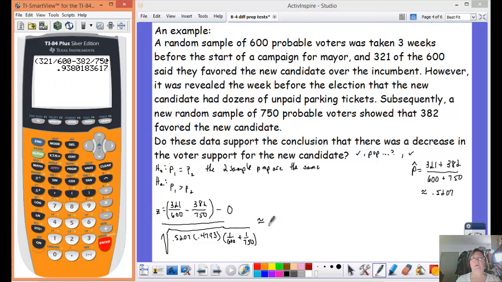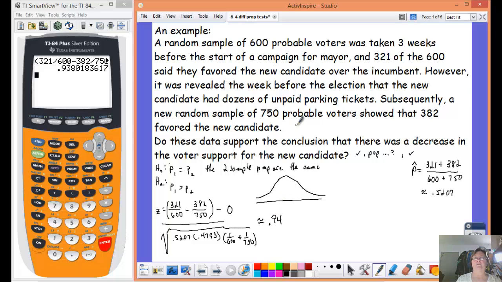Alright, I have a z-score of about 0.94. I need to know where my critical region is, which means I better find myself a significance level. We use the alpha 0.05 since they didn't tell us what level of significance. We are doing a one-tailed test at the 0.05 level then. The critical z at the 0.05 level is 1.645 if you're doing a one-tailed test. And our test statistic does not make it there. We have a 0.94. The p-value needs to be figured here, and that would be the probability that you get something larger than